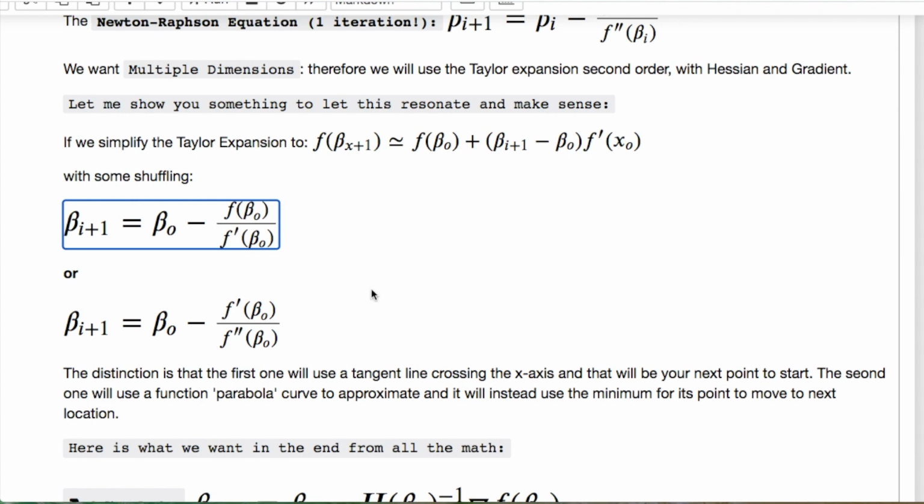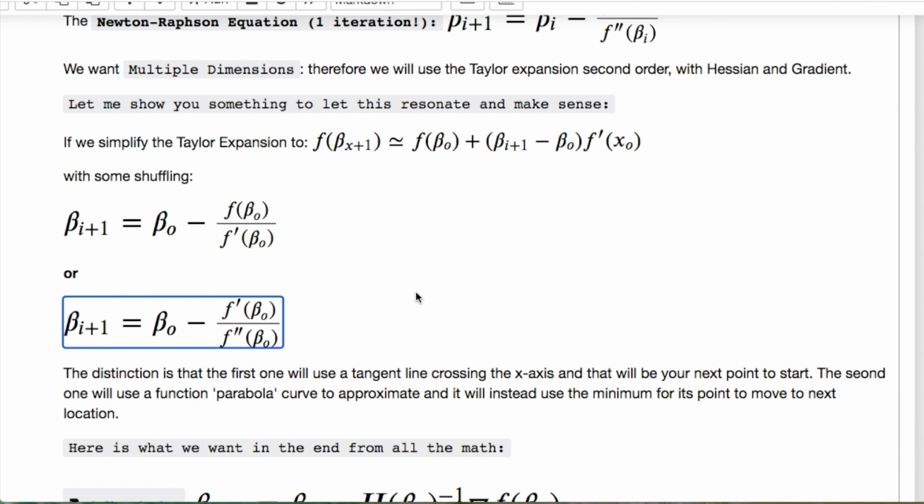This example here, which I wanted to distinguish, will go from your point of interest that you start with, beta naught, and then it will take this piece right here where you're basically using a line from the point of interest you started, which would be tangent to the curve. The line where it crosses the axis will then be used as your new starting point, okay? This uses a function to try to map through and find your roots, okay? Instead of using a line which is tangent, it'll use your function, which is like, think of like using a parabola, and at each minima for it, that'll be your new location for you to move over.